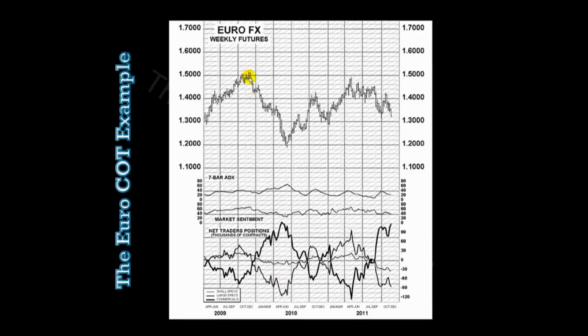Now notice what's going on here. As price had dropped in the euro, this long big trend going lower from 150 down to 120, that's 3,000 pips, 3,000 pips of a down move, the large speculators were pretty much with that whole trend all the way to the very end. The commercials were buying the whole way up. I'm sorry, all the way down, they were buying large numbers of net long position on the euro. Finally, when the euro came down to 120,